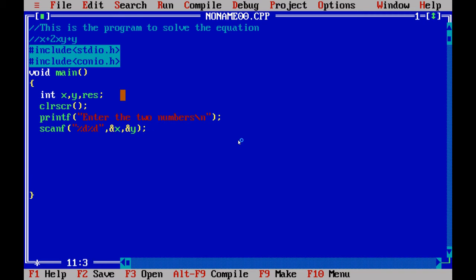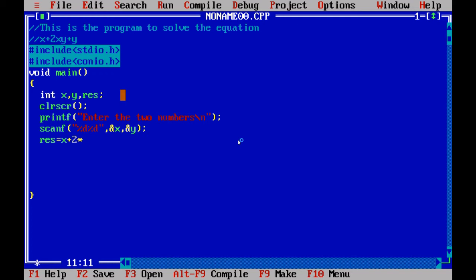Next you have to write res equal to, and write the equation as it is. So x plus 2 into. Manually you can understand it as 2xy, it's for manual calculations. You can easily understand 2xy means 2 into x into y, but for the compiler we have to give the detailed information.